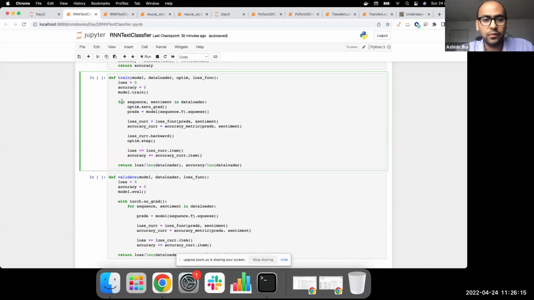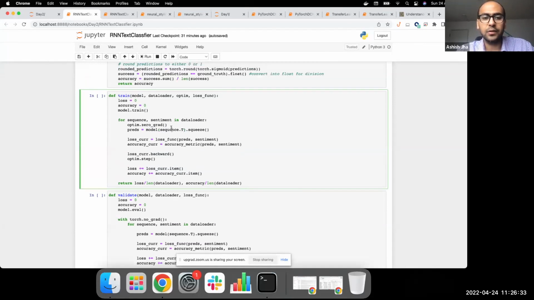Now, within this loop, again very similar to yesterday's discussion around the model training loop, first we need to flush off all gradients from the previous epochs so that we have a fresh start. Then we run the forward pass through the model. Some people might ask, hey, why do you have a transpose here? This is something related to PyTorch's APIs for RNN models. We need to just make the dimensionalities match as expected by the model. So the way our sequence arrays are defined, it makes sense for them to be transposed to follow the convention that they are expected to be in the model.